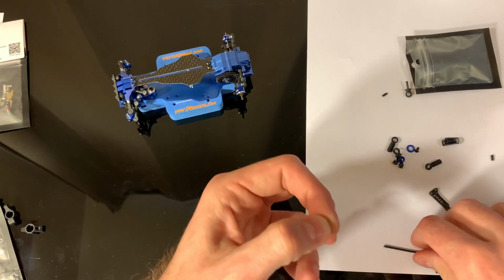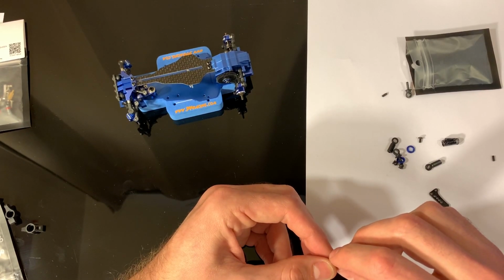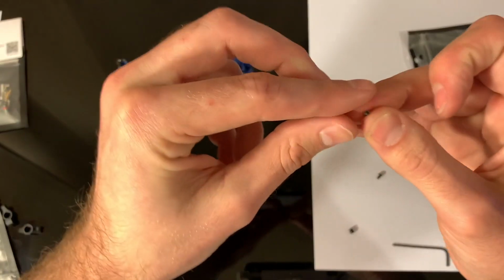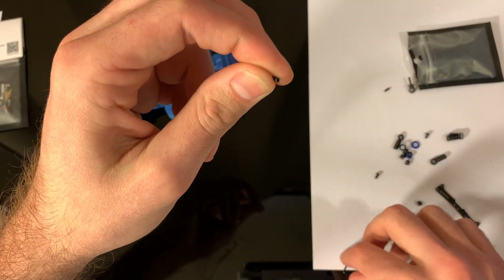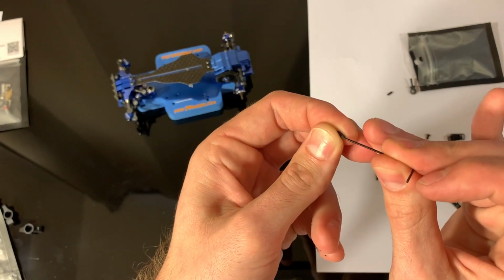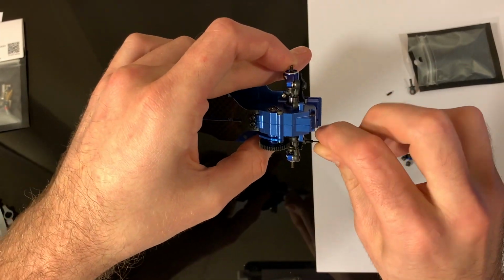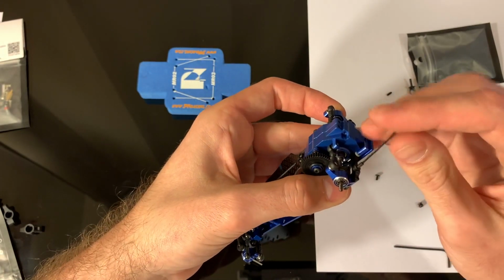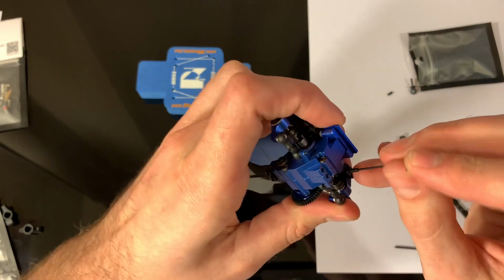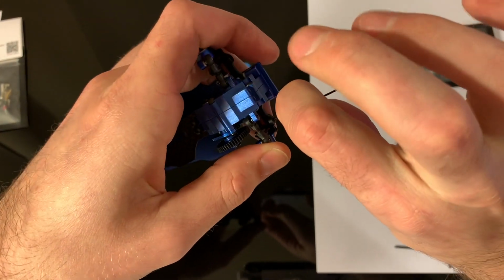So I'm thinking I'm going to put this, let me see. Oh, no. So how the hell do I drive this in there? Ah, that's what that's for. There's this tiny little Allen key in this kit, and I had no clue what that was for. It's for this. We'll see how threading these goes. Hopefully it's pre-threaded. I really wish they would have had this pre-installed on there. That would have been really nice of them. No, it's not. This is going to be a pain in the...